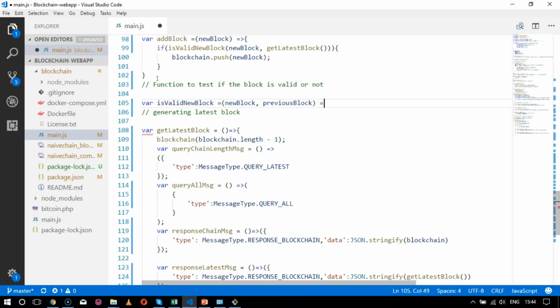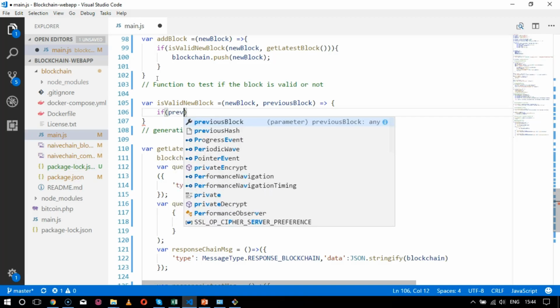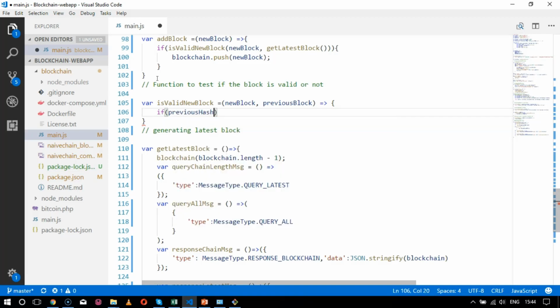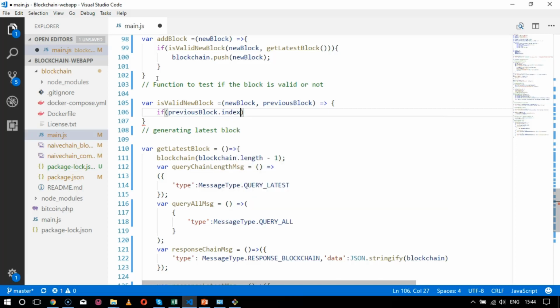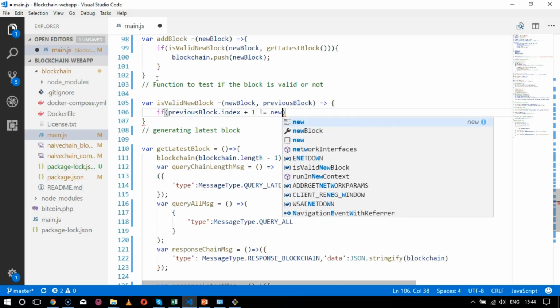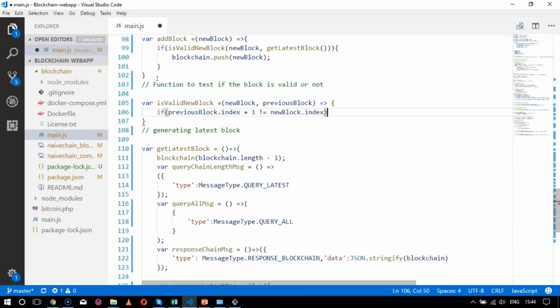These two parameters will be taken over here, and then the next situation will be to check the if condition, that is if previous hash. Instead of previous hash we will take previous block, because we are calculating with blocks. So if the previous block index plus 1 is not equal to the value of new block dot index, then